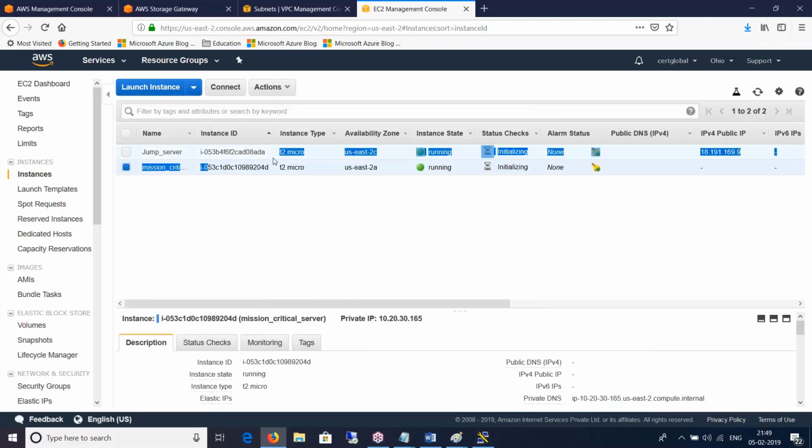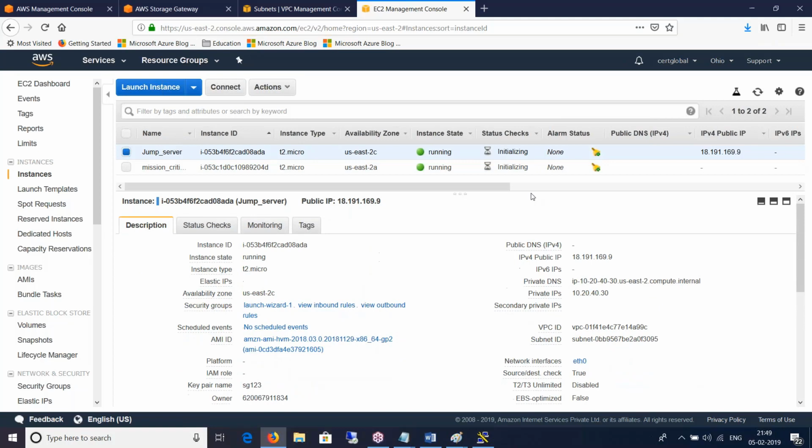Now I need to connect to my jump server, not to the mission critical server, because if you look at this metadata, the jump server has a public IP, but the private machine, which is my mission critical server that has a lot of PII data, it does not have a public IP, right? So we are checking how you can connect from this machine to manage it, right?